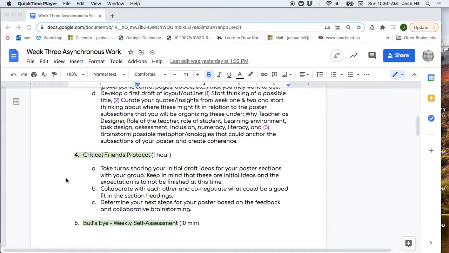You may choose to do the first and second hour here more together or more apart. Like as a group, you can determine, do we want to spend the whole hour working on our own and then get together, or do we want to do some time on our own and then get together and then go back on our own, or work more on it in the same room so we can bounce ideas off of each other. Those are up to you. This poster is going to be due in the coming weeks, so we hope that this time gives you a lot of opportunity to get through it and get feedback.